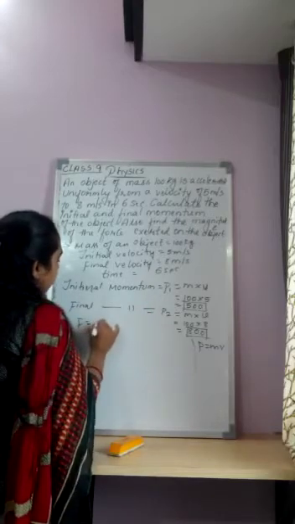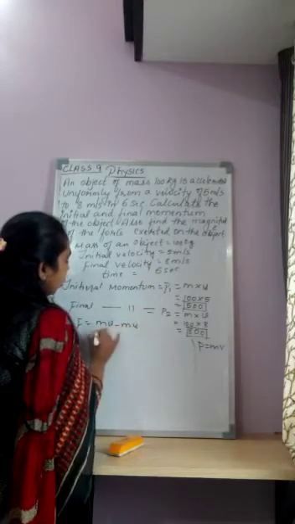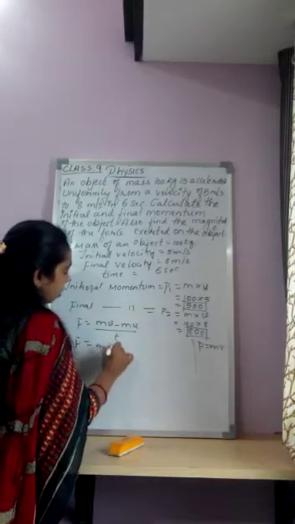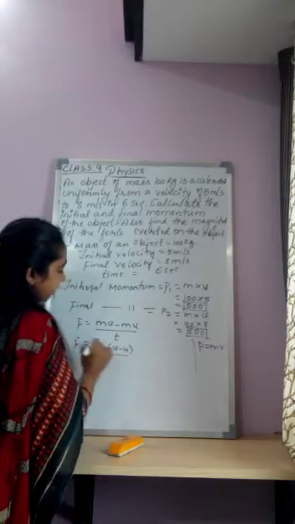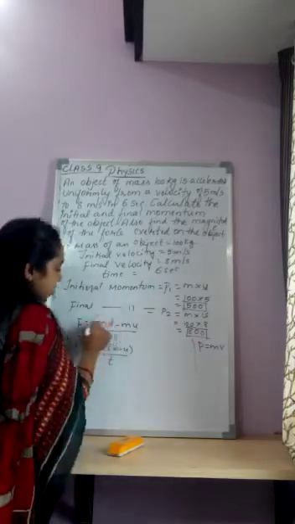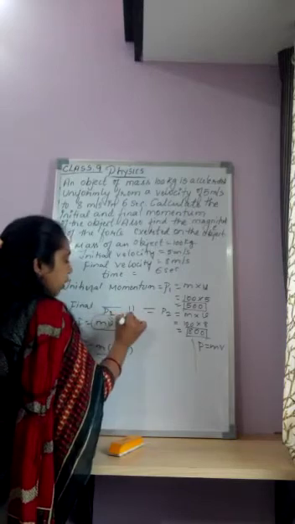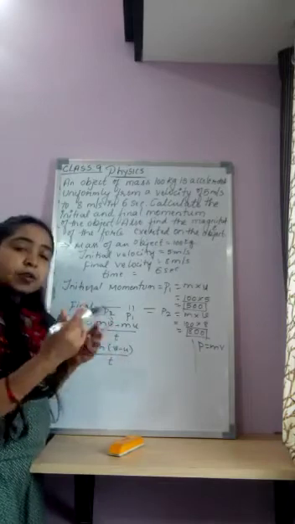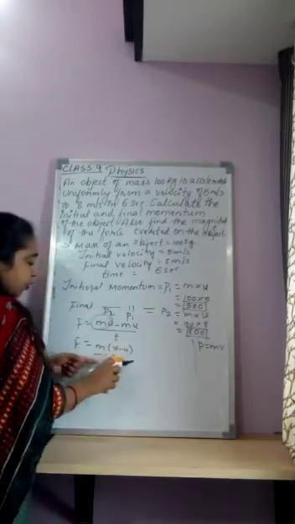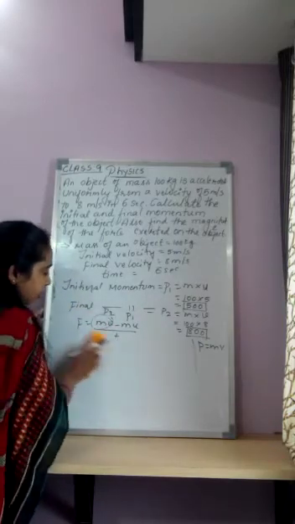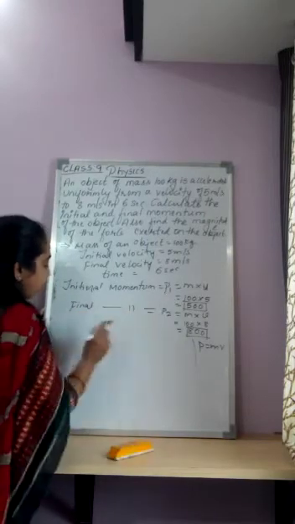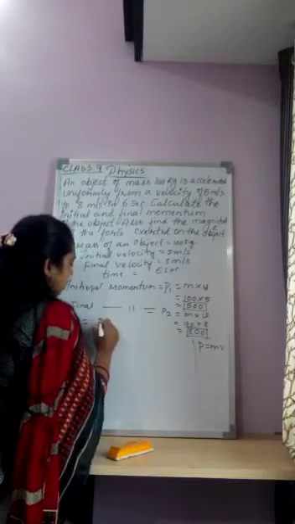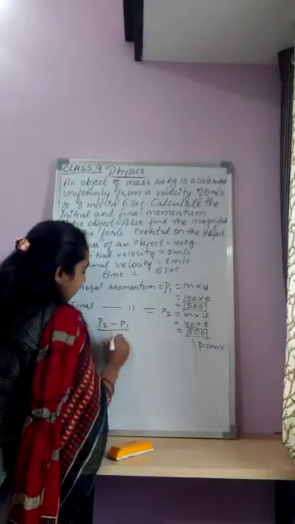So F is equal to mv minus mu divided by t. So F is equal to m into v minus u divided by t. Understood? So this is what P2, this is what P1. Divided by t, it is the acceleration formula. Okay, now m into v minus u divided by t, we have arrived at the formula, right? So that is how the formula has come. So I can rewrite the formula something like this, F is equal to P2 minus P1 divided by t.